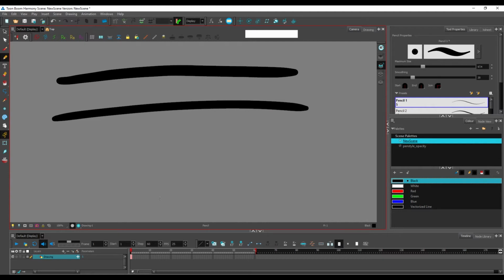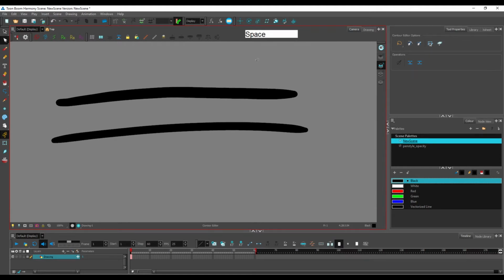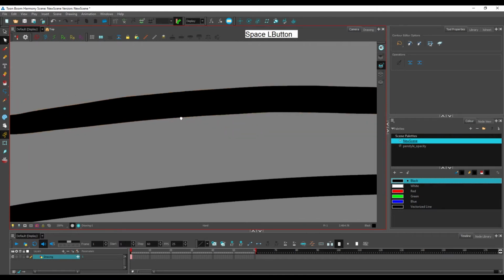It's either by holding Q or Alt plus Q, and you see it's this white arrow here. What it allows you to do is select the points that create the vectors from which your lines are created. And here, if I select the brush line, you can see that the line is a shape